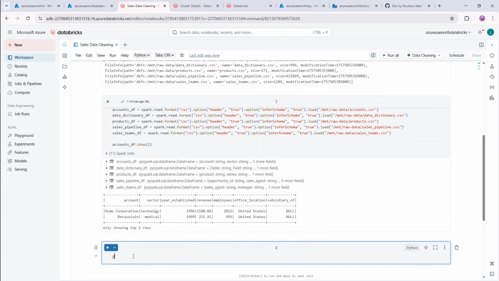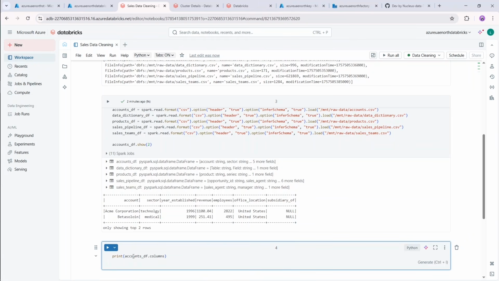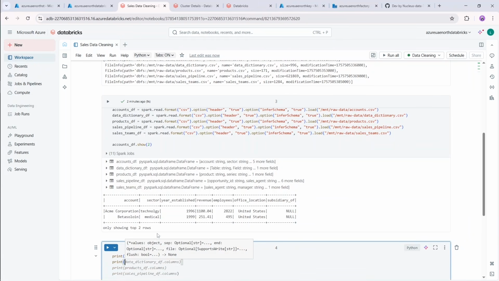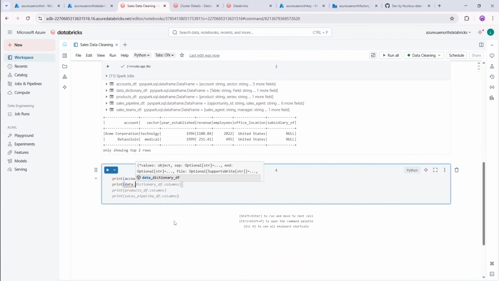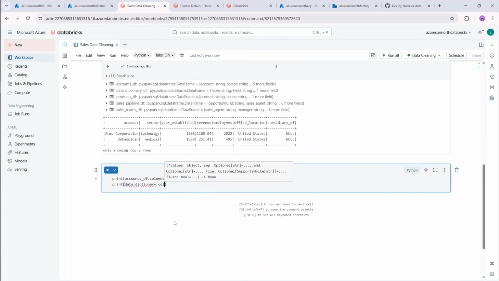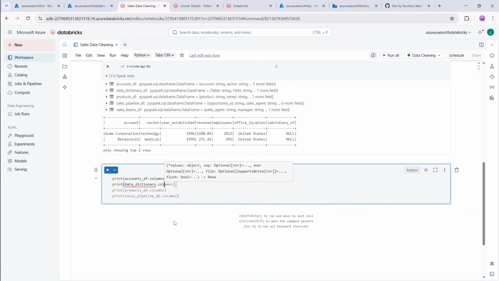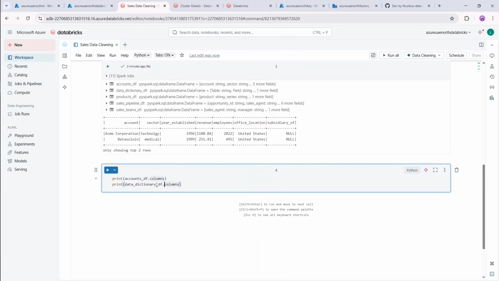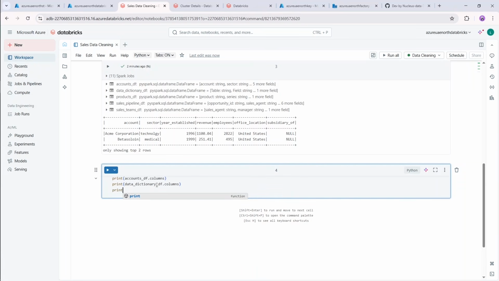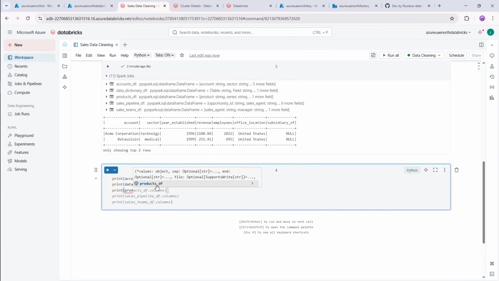So for that we will have to print accounts df dot columns and print data dictionary df dot columns, and then products df dot columns,